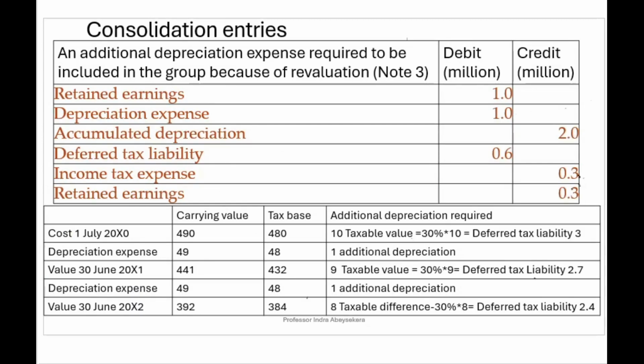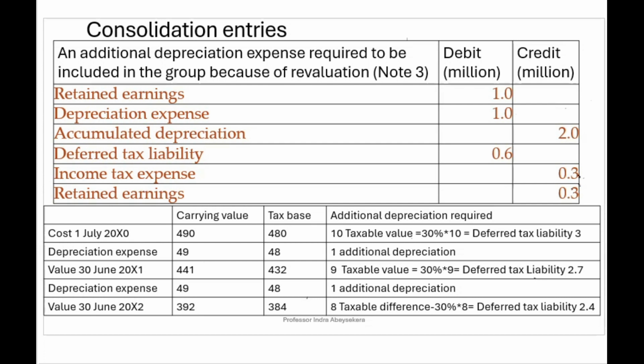Our third entry is to recognize the additional depreciation that has to be included in the group accounts because there has been revaluation. The revaluation amount was 10 million. The useful life of the asset is 10 years. So for a year, the depreciation expense that has not been included, that must be included because of the revaluation